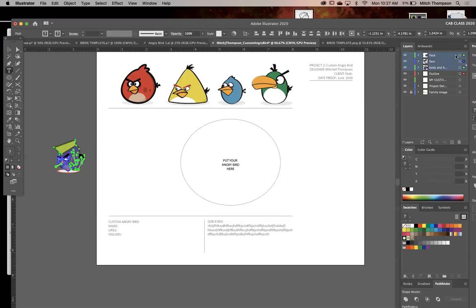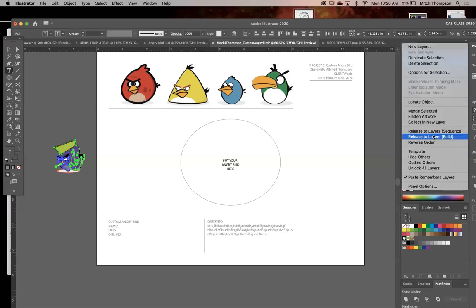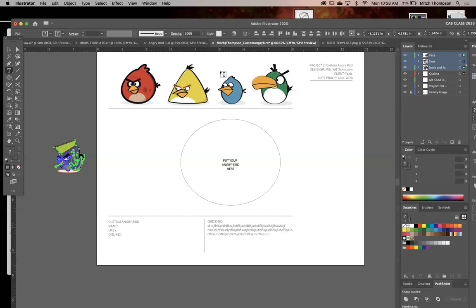I typically wouldn't show you guys this because it can throw you off. And it did. Remember I had Layer 1 pop up randomly and I wondered where the hell Layer 1 came from? It's because I had Remember Layers on and it added Layer 1 for me when I brought it in. Then when I brought it in again, it remembered Layer 1 was there and kept it, so it didn't add another. Anyway, you guys are like, oh my God.